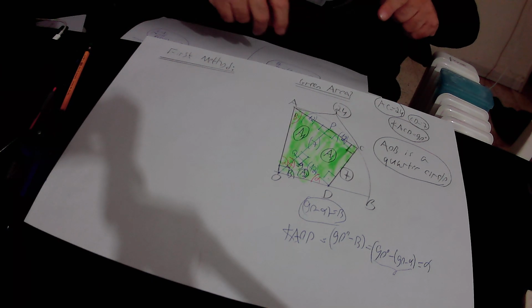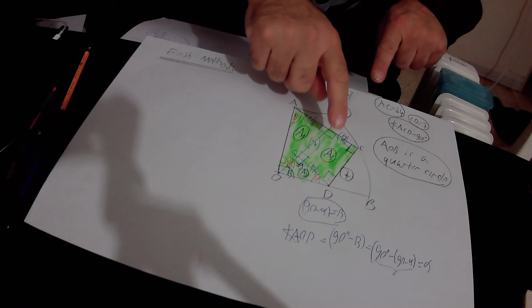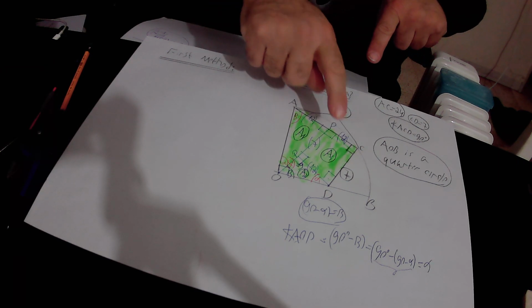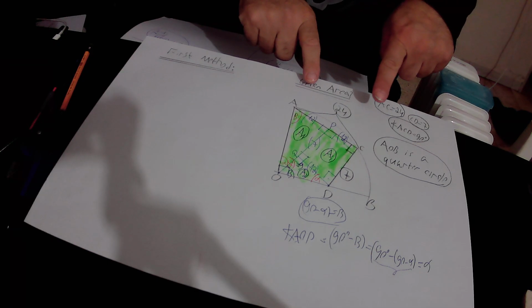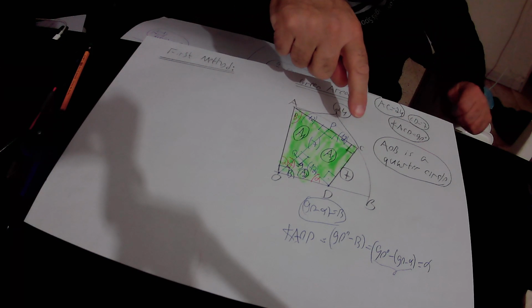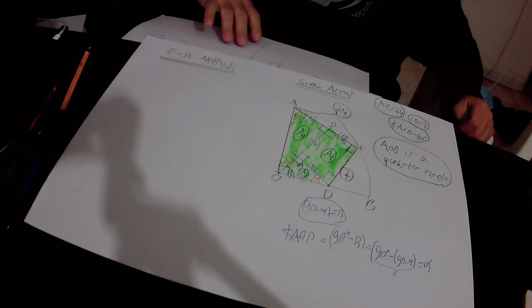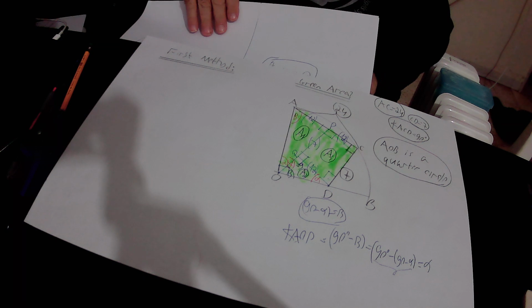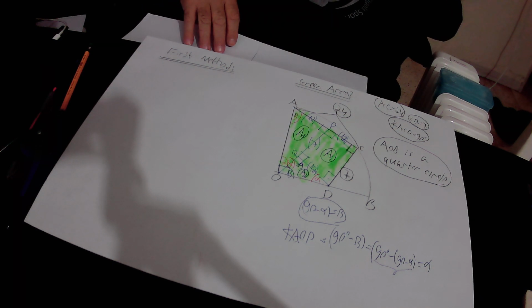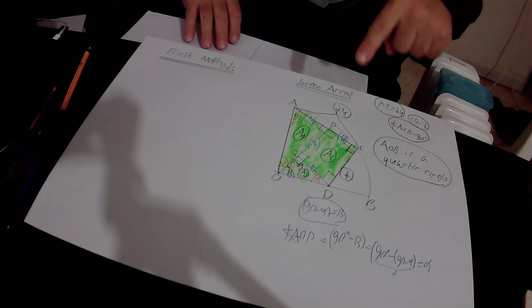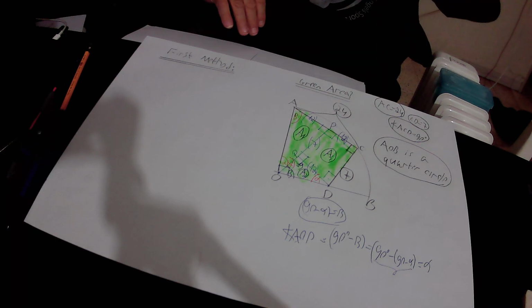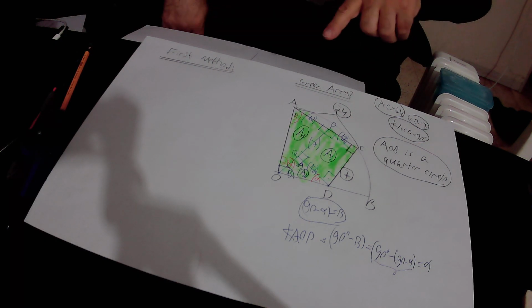In addition, we know that side CD of the quadrangle equals 7 units in length, and side AC of the quadrangle ACOD equals 24 units in length, and this angle ACD equals 90 degrees. Okay, and in order to find the area of this green shape, first of all, we know that AOB